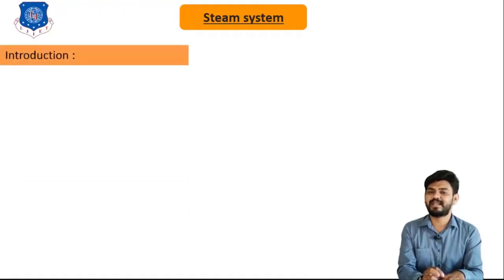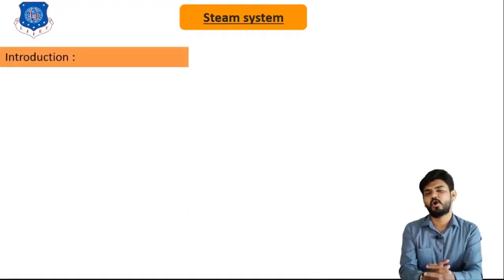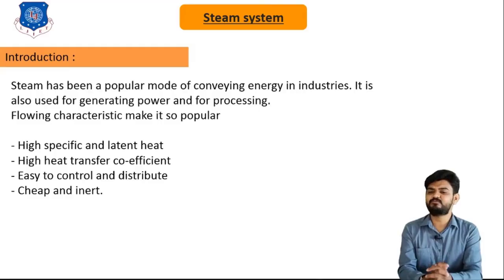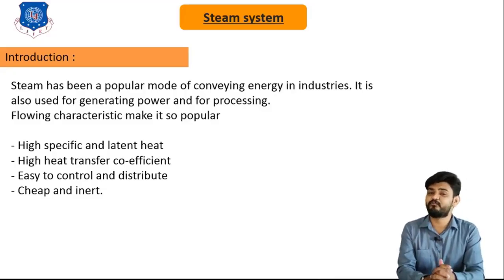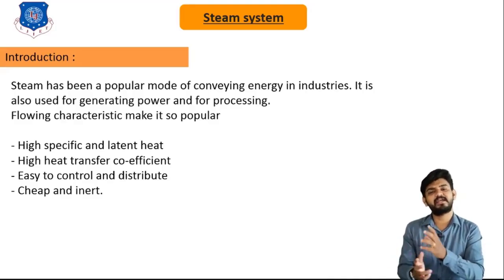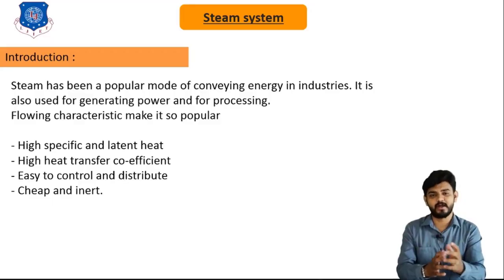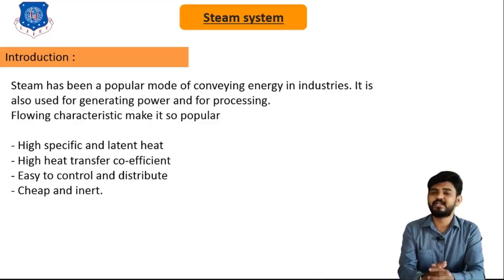Now let's move to the next topic of this chapter on energy efficiency in thermal utility, and that is the steam system. Well, steam has been the most popular mode of conveying heat energy in process industries. Steam is also utilized for generation of power or electricity. So steam is very important for a chemical engineer. It is utilized for transferring heat energy from one point to another, and it is also utilized to generate